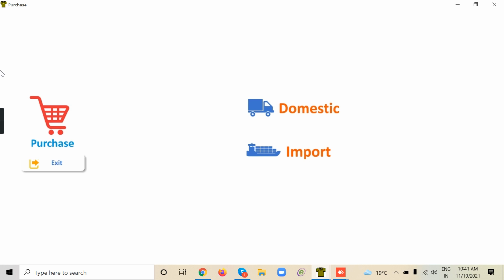So who's going to be making this purchase? I don't know, you have to tell. You have the purchase department or you have merchandiser. Merchandiser. Who talks to the supplier? Merchandiser. Okay, then they only have to make the purchase order. So whoever is talking to the supplier, only they have to make the purchase order.